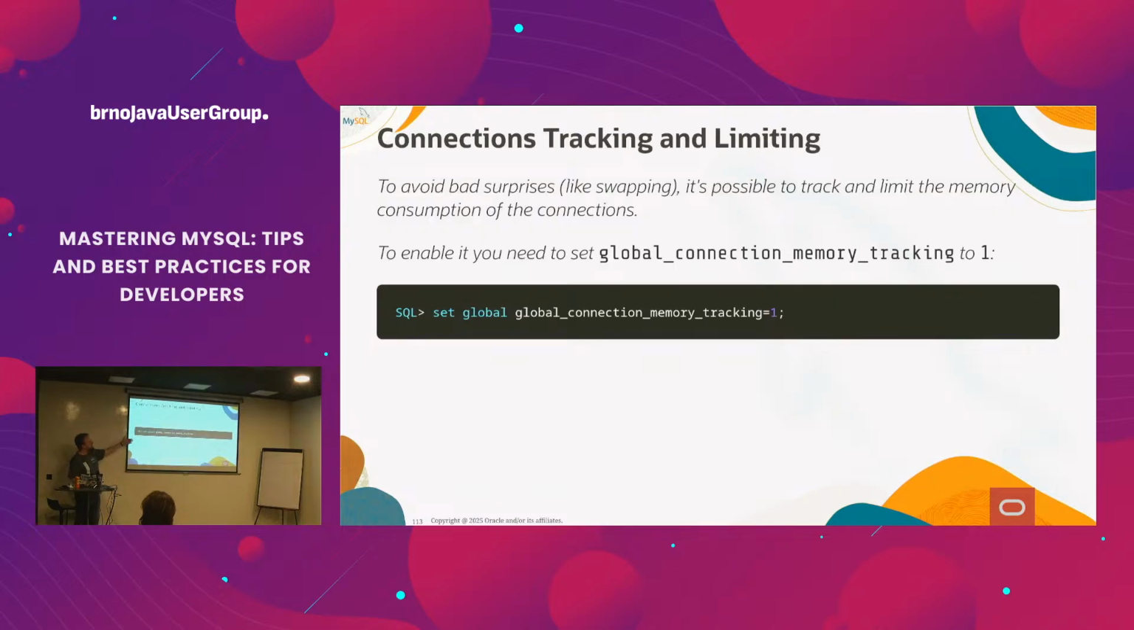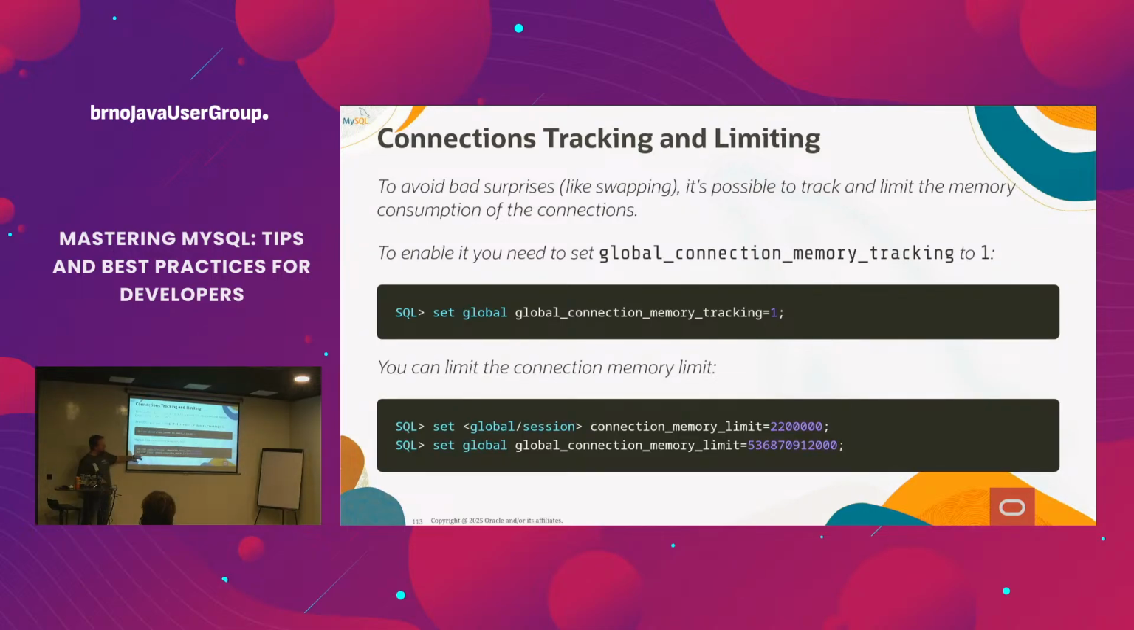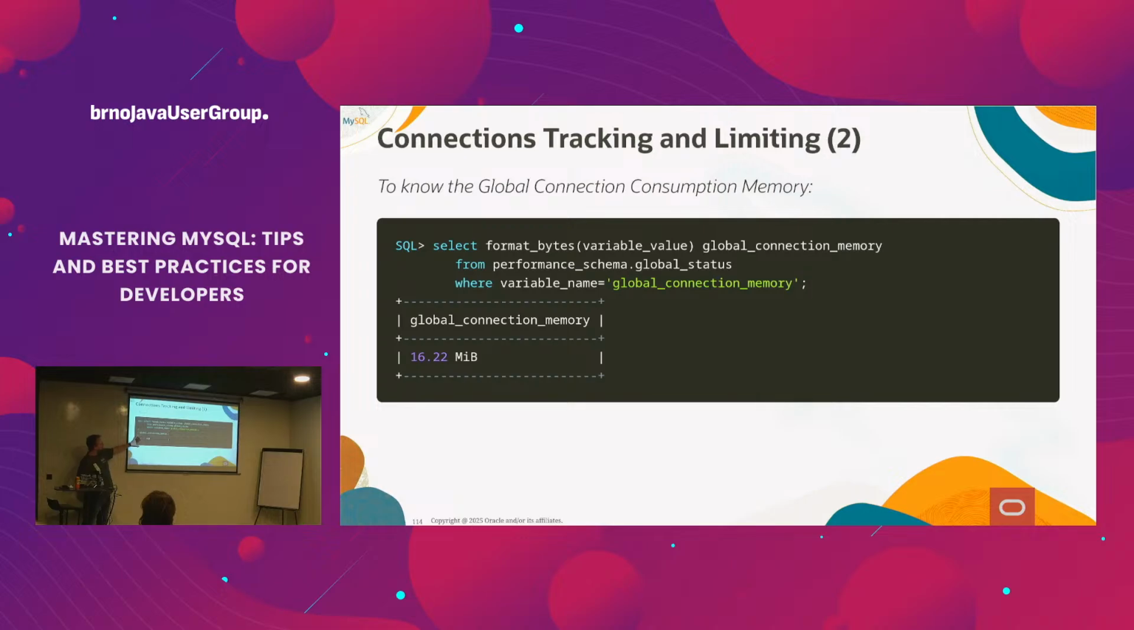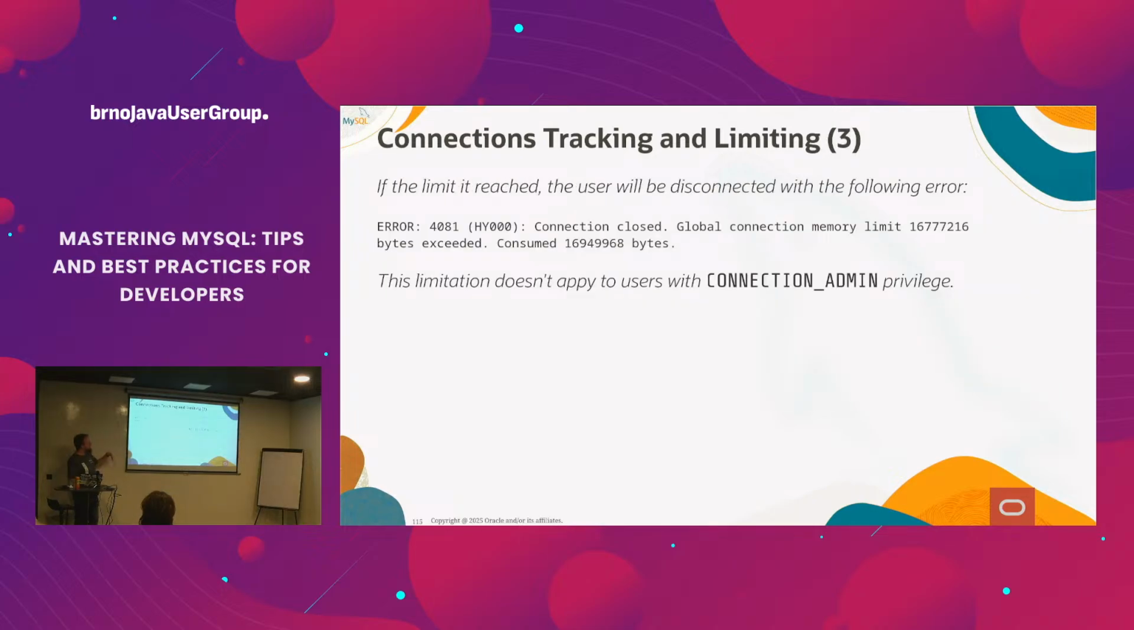You can do the same for the memory. You can enable memory tracking, and this is why Performance Schema is needed also. You can say, okay, I want to enable it, and I want that no connection goes above a certain limit, right? And here, for example, I put 16 megabytes for a connection, which is nothing. And if somebody goes above the limit, it says, oh, watch out, you are consuming too much memory in your connection, so you will get